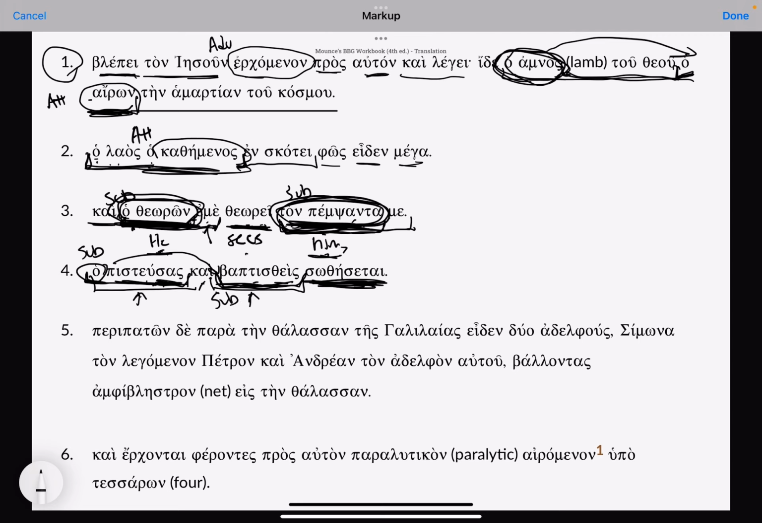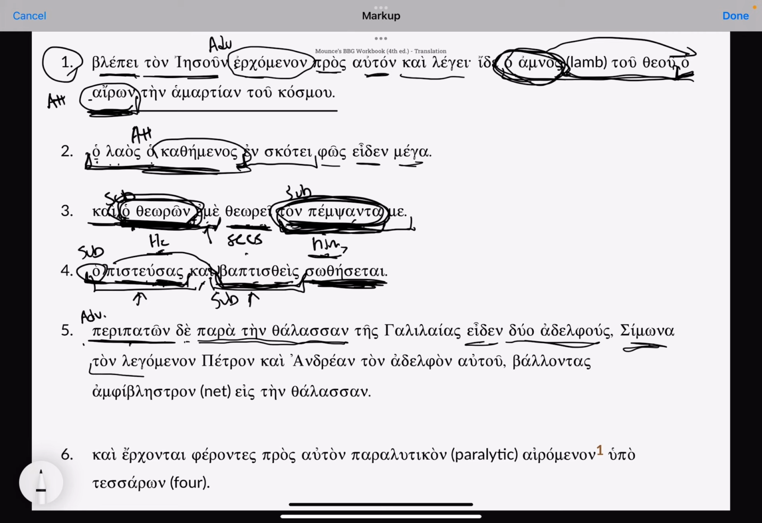All right, going down to number 5. Peripaton de para ten thalassan tes Galilaias. So this is peripateo. This is a present participle, and this happens to be adverbial. It's not in an attributive position. It's not functioning as a subject or an object or anything like that. So we could keep our keyword while walking. So, while walking alongside the Sea of Galilee, he saw duo adelphous, two brothers, Simon, and